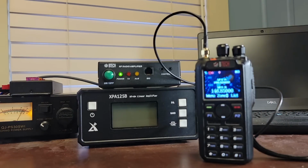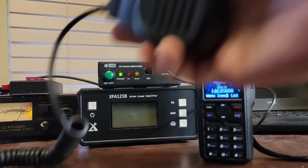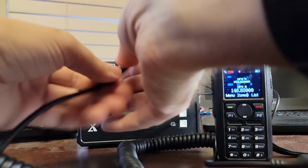Well, we'll keep trying because we have a couple of other settings that we want to check out here, because I want to check out this microphone. So first thing I want to do...